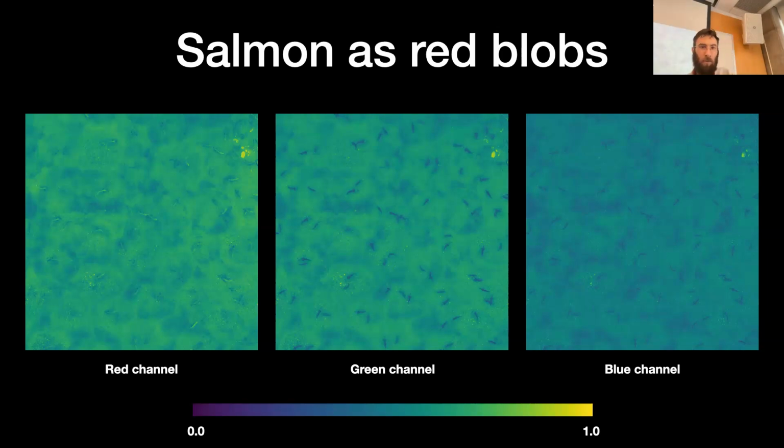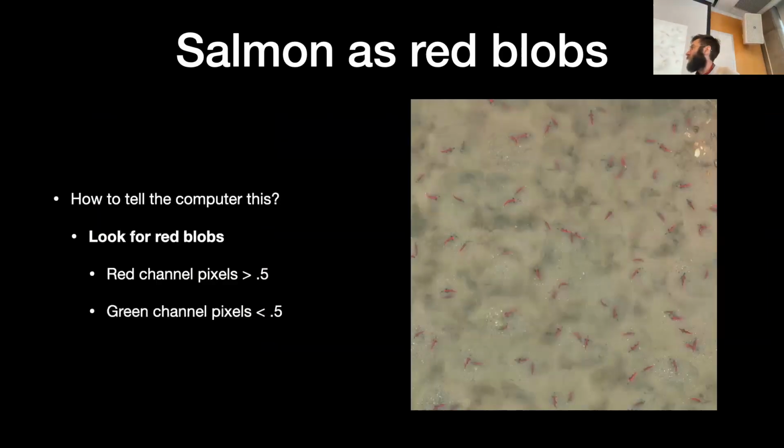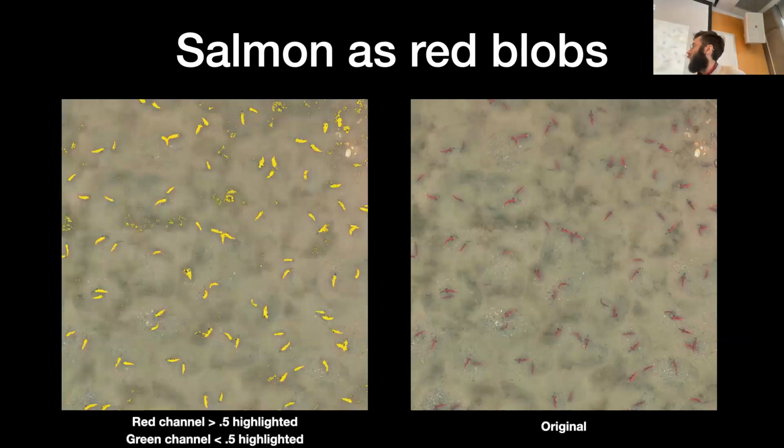So when we're thinking about finding red blobs, we actually have to do that now. So we have to think about, potentially say, if you're more than 50% red and less than 50% green, then that starts to be more like a fish. And so that's certainly nice, but then you can see there are still some pebbles and things like that. So certainly it's not perfect, but continuing along, thinking about how you can describe a red blob,